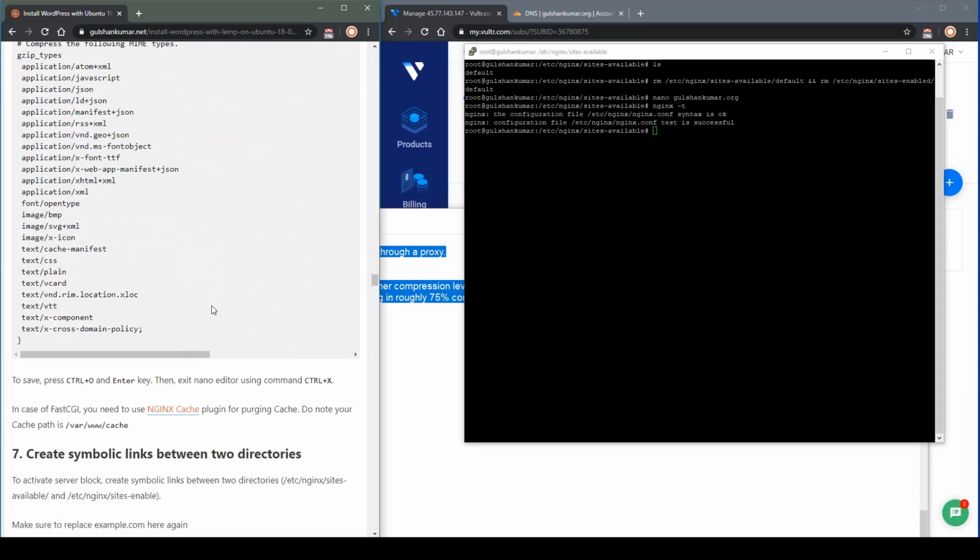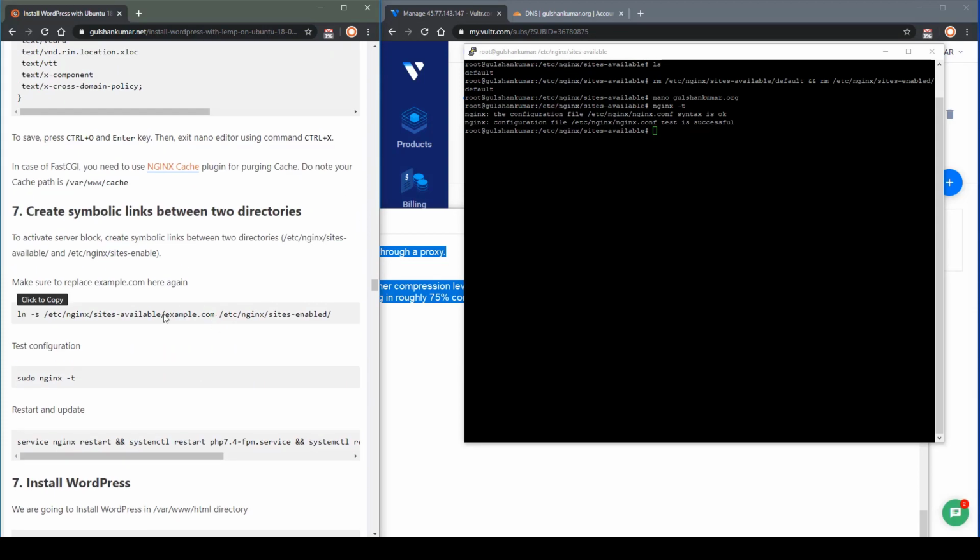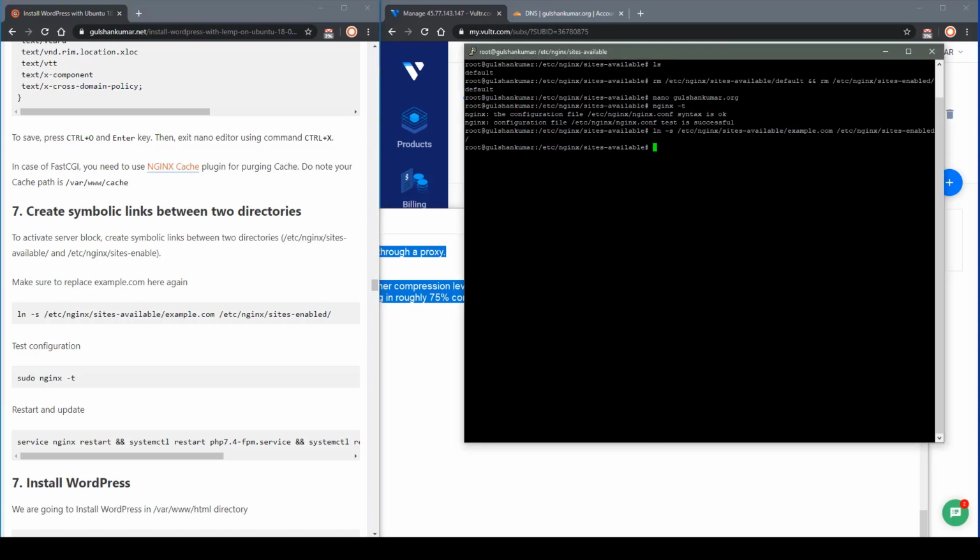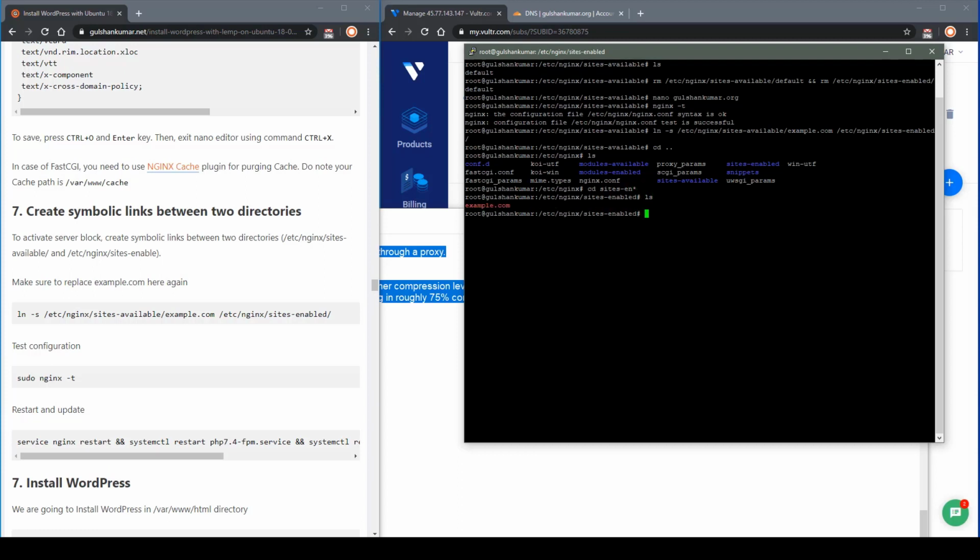After that, I need to create a symlink between the two files. A symlink is just like creating a shortcut, so it appears in the sites-enabled folder as well. Let me show you. Sites-enabled. It is showing example.com.